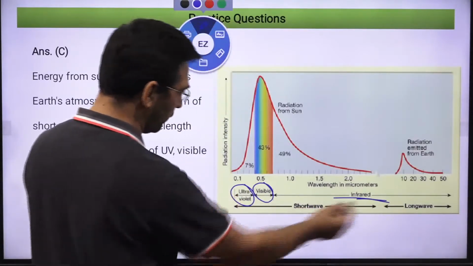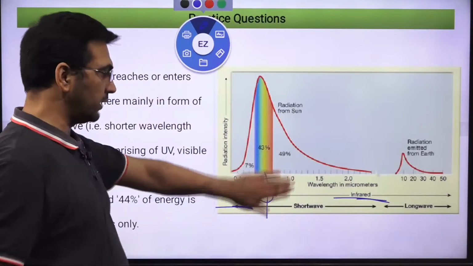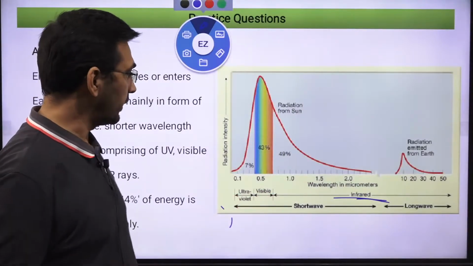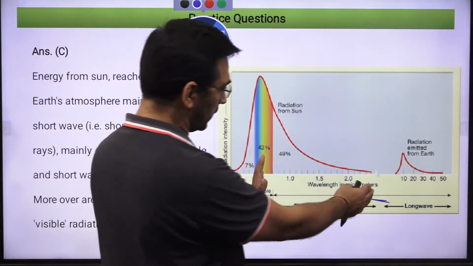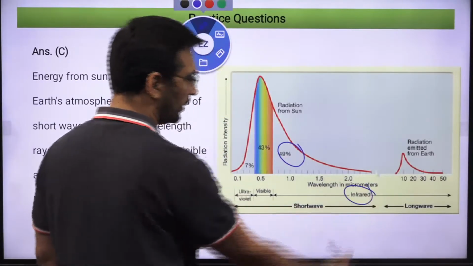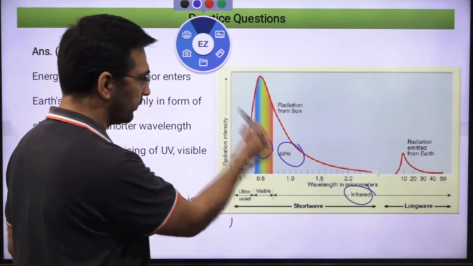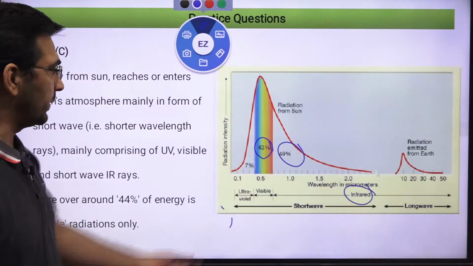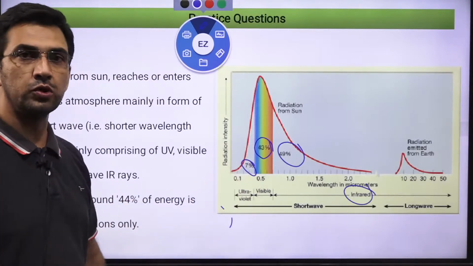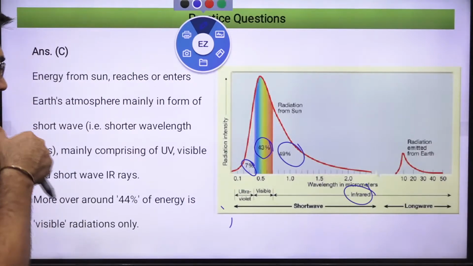As you know, as you move from this side, wavelength is increasing. So UV light and the major portion of the visible light fall under the short wavelength categories, right? Most of the energy that we receive from the sun on the surface of the earth, 49%, is infrared radiation. The second one is visible light, and the third one, only roughly about 7%, is in the UV form. And most of the UV is absorbed by the ozone layer, right? That is how you have to see.